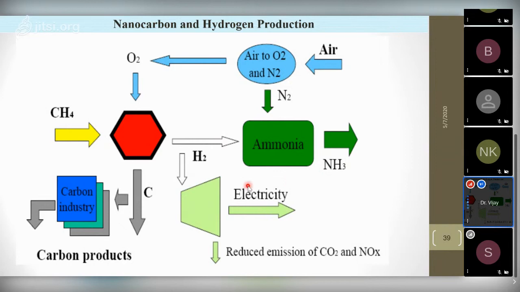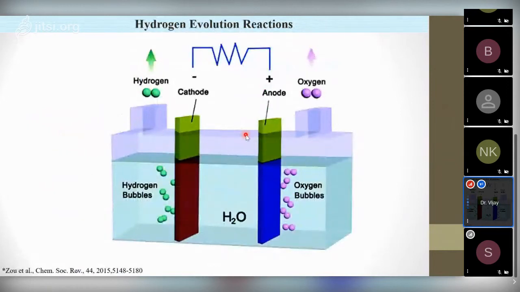The second way is the hydrogen evolution reaction. As we have seen in lithium-ion batteries and supercapacitors, there's a cathode and anode. Here the water splitting is occurring instead of a chemical electrolyte. Here it's just water. Then there's a possibility for hydrogen and oxygen reduction here, so the hydrogen evolution reaction is possible at the cathode. These types of approaches bring hydrogen production, which can be used for green energy applications later on.